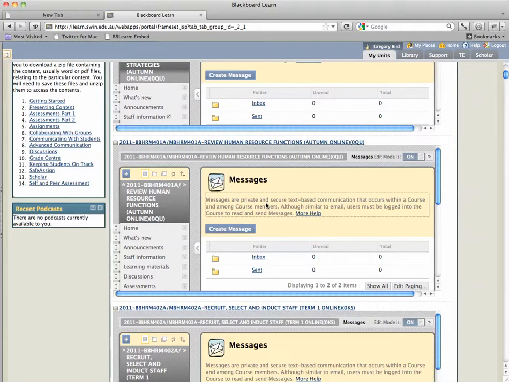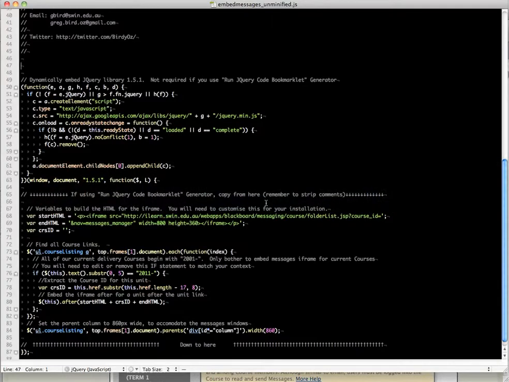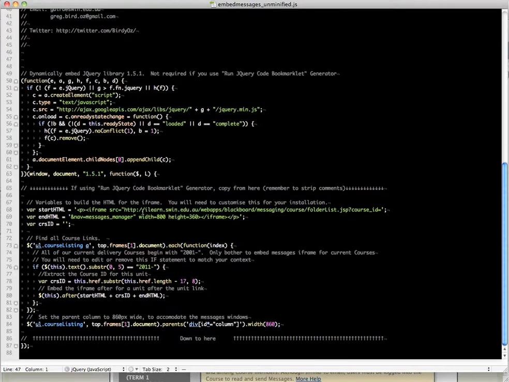fell swoop. Now, the way this works, and I'll just flip over now to my code tool, which is TextMate, to describe some of the underlying programming here. So first of all, it loads a JavaScript library called jQuery, and those familiar with JavaScript will be familiar with this. It then, and this is probably the most useful thing,